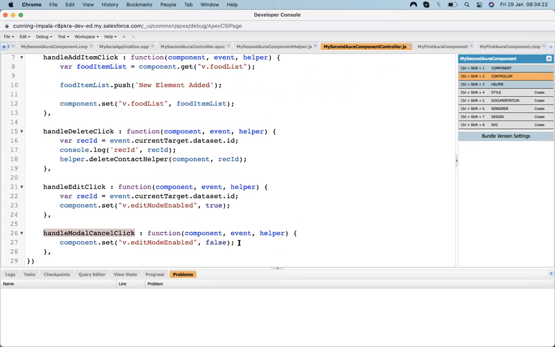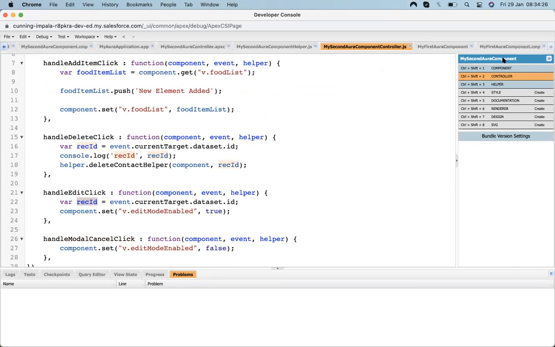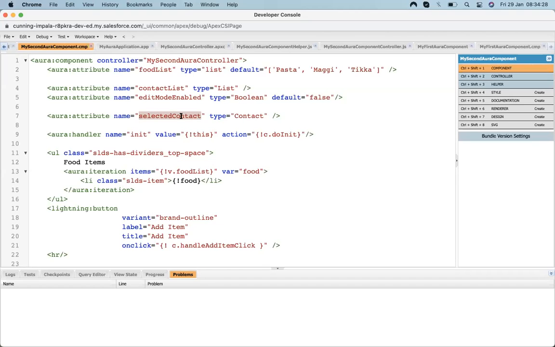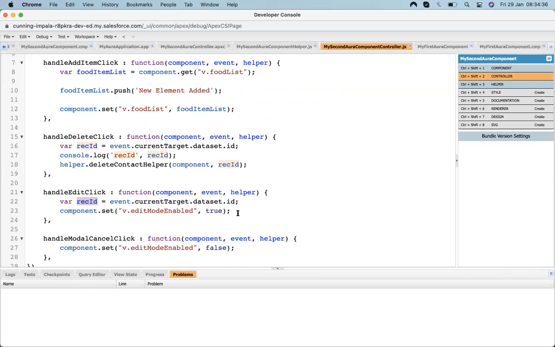Whenever the user clicks on edit, we get the record ID, and we have a list of contacts available up here. Using both, I need to compare in the list, find that record ID, and once I find it, assign that contact to our selected contact.